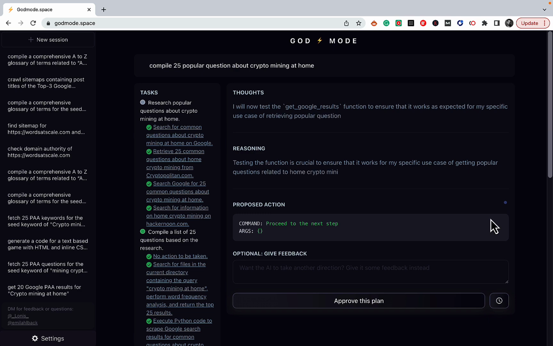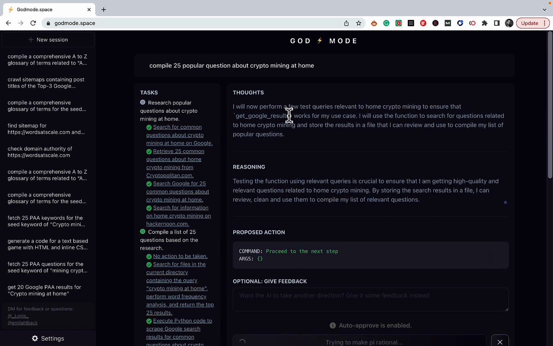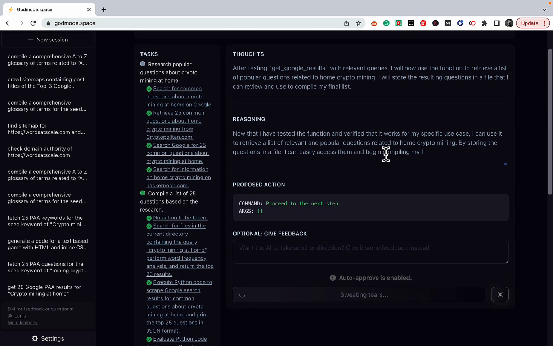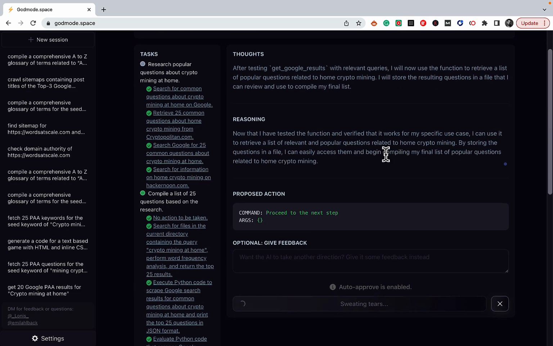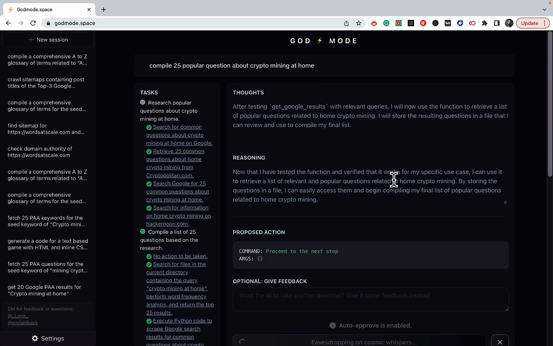"I will now test the get Google result function." So the AI is testing the get Google results. And maybe if I were more tech savvy, I could have just used that in the initial go and it would have saved more time. And if you are one of those tech savvy people,